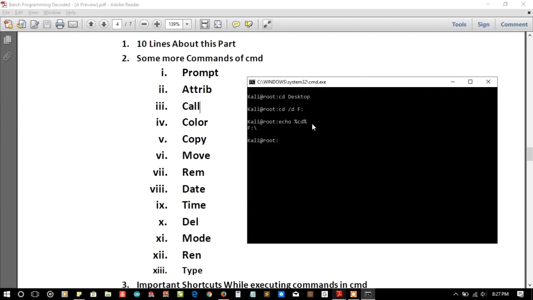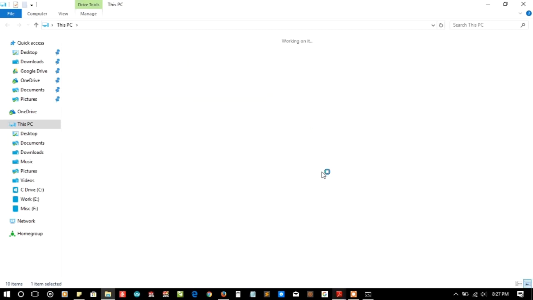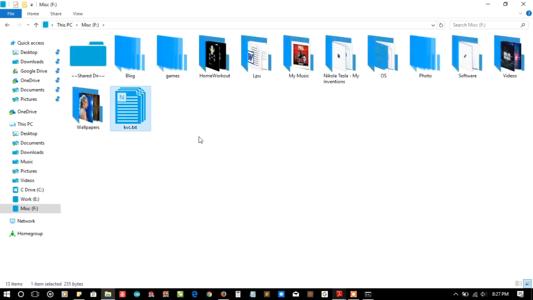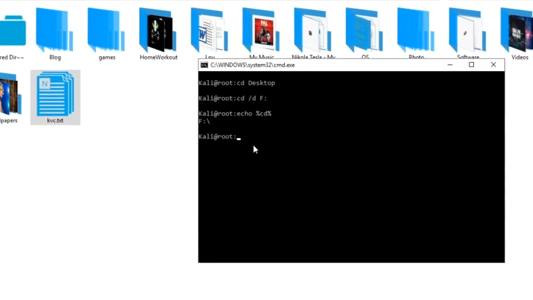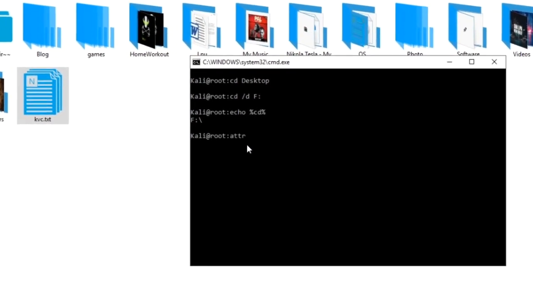Yes, we are in the F drive. So in my F drive, let me open that F drive, and you will see a kvc.txt file here. What I'm going to do is hide that using the attrib command. So I'm going to change the attributes of that file. Just write attrib, and then to add attributes just write